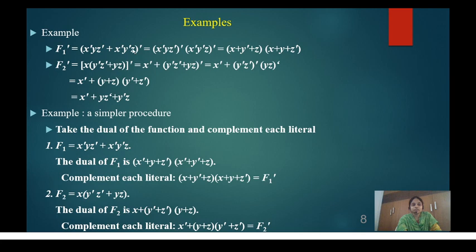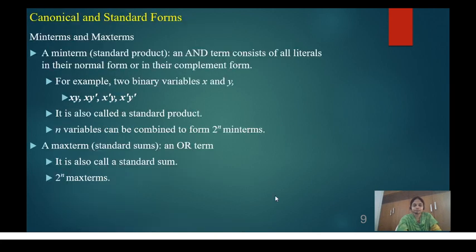F1 dash. So this is the f function, and you have to complement this. When you complement this, the OR will be converted into an AND operation and each and every variable is complemented, that is, x complement y z complement whole complement into x complement y complement z whole complement. When you split this complement again, AND will be replaced with the OR plus symbol. So you will get this result. In a similar procedure, take the dual of the function and complement each literal, and by complementing each literal you will get the F1 complement.